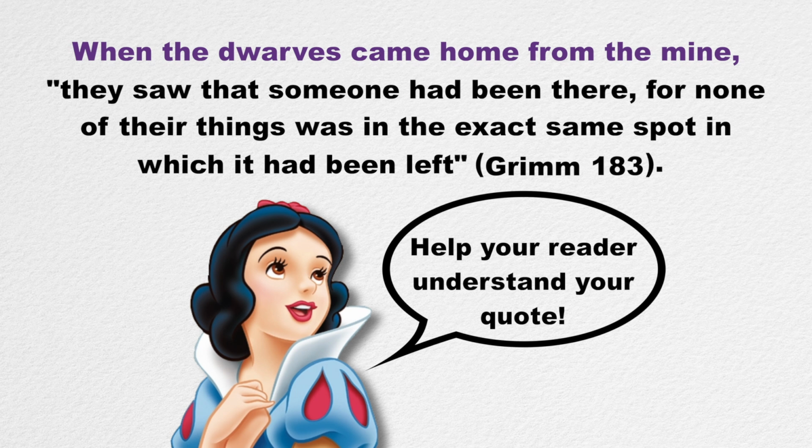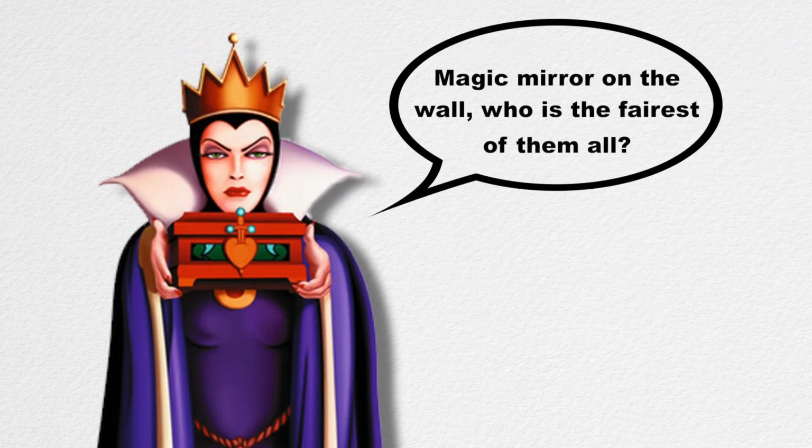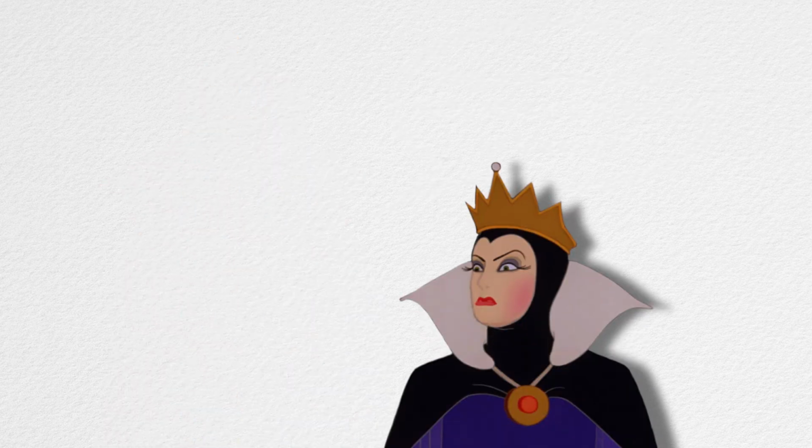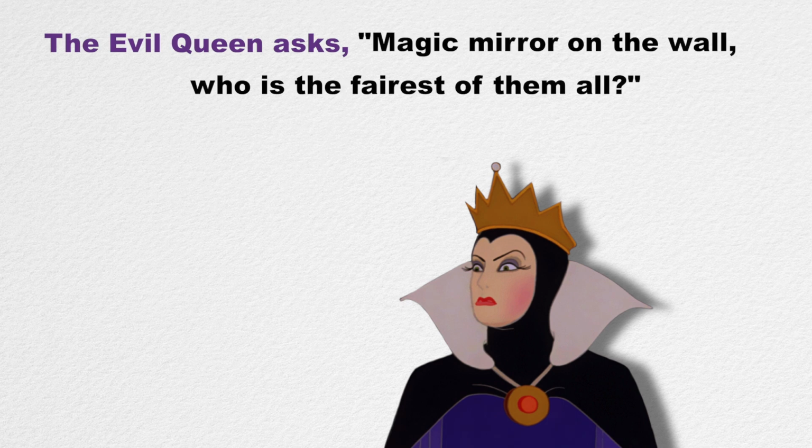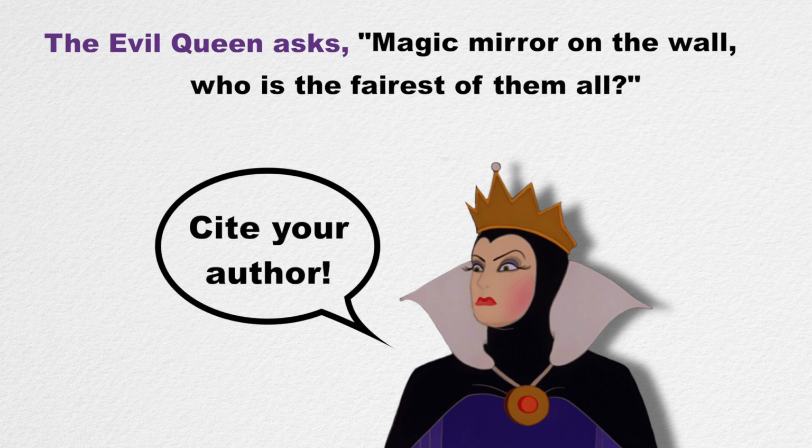Now let's do an example with dialogue. Let's say our quote is, "Magic mirror on the wall, who is the fairest of them all?" The easiest way we can attach this quote to our own words is to just say who is speaking. So instead, our sentence would say, "The evil queen asks, 'Magic mirror on the wall, who is the fairest of them all?'" And once again, we are taking somebody else's ideas, so we have to cite it at the end